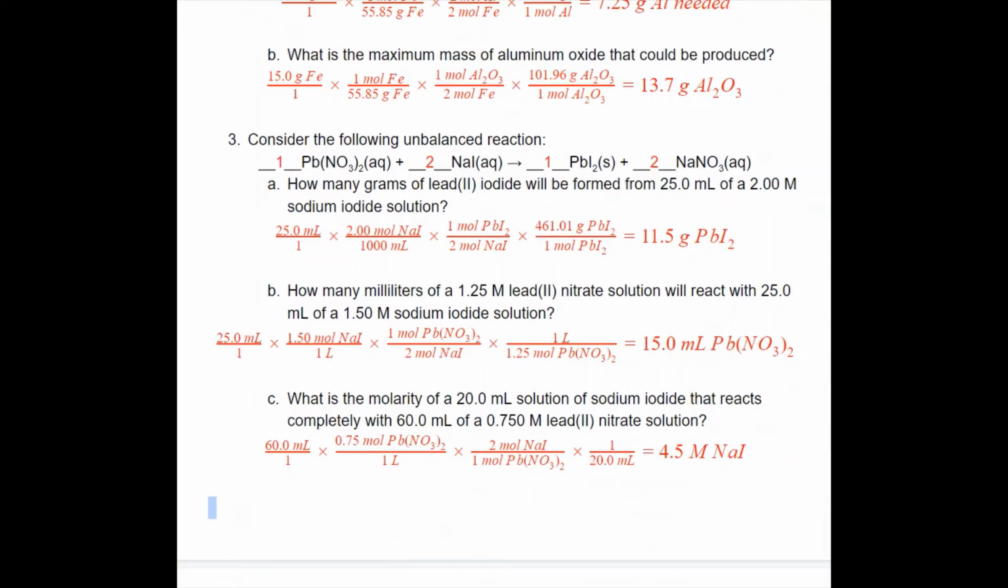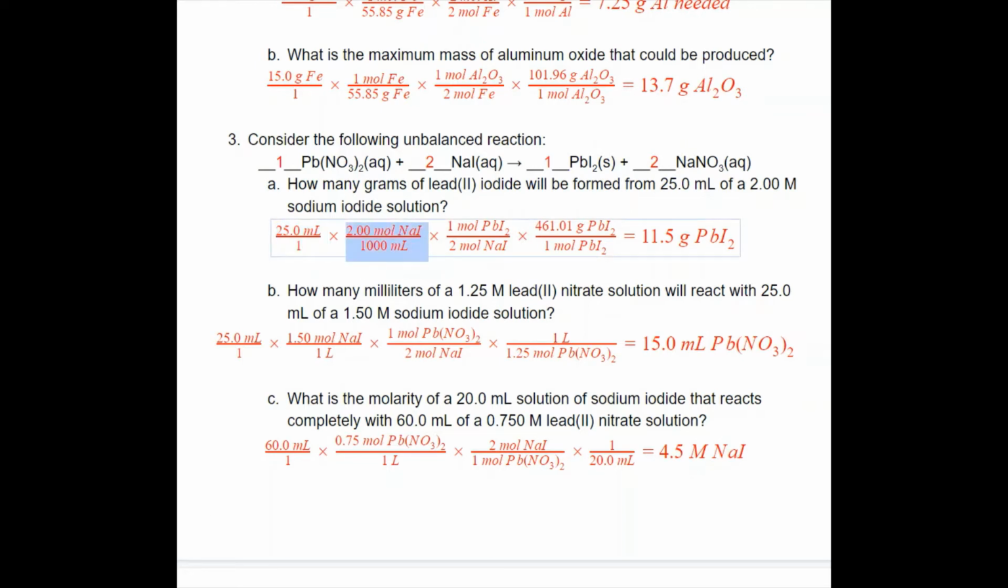Question 3, we have some lead nitrate reacting with sodium iodide, and we're going to form lead iodide solid here and some aqueous sodium nitrate. So in the first question, I want to know how many grams of lead 2 iodide can I make if I react 25 milliliters of 2 molar sodium iodide. So this is saying, assuming we have enough lead nitrate, how much lead 2 iodide can I make from this amount of sodium iodide? So first I'm going to take the milliliters of my solution and I'm going to multiply